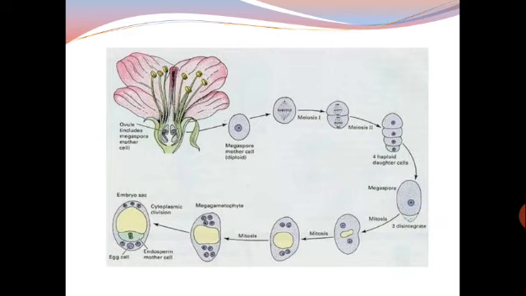Here the entire process has been shown. You can see the megaspore mother cell undergoes division, forms 4 haploid daughter cells, that is 4 megaspores are formed, 3 will degenerate, 1 remains functional, and that 1 will undergo mitotic divisions. The 1 megaspore having a single nucleus divides to form a 2 nucleate embryo sac, 4 nucleate embryo sac, and finally the 8 nucleate embryo sac, and later it will get organized in this form. So this is the entire process of megasporogenesis and development of female gametophyte.